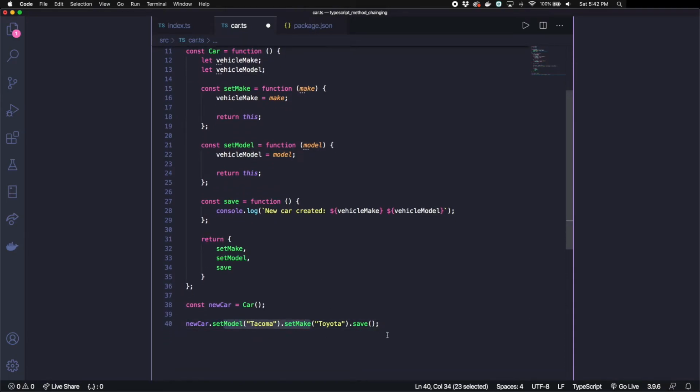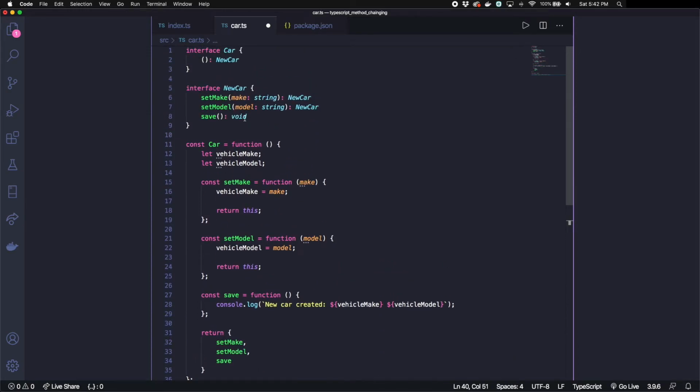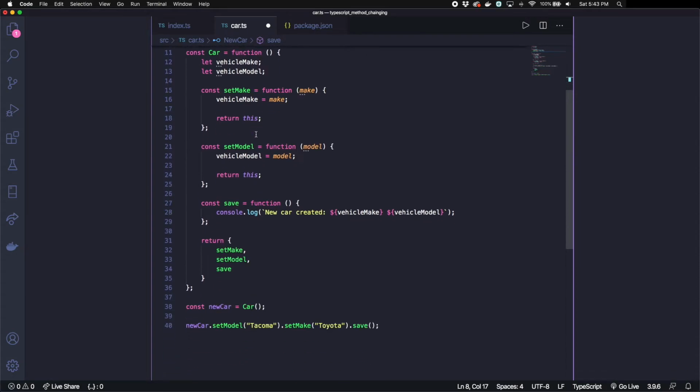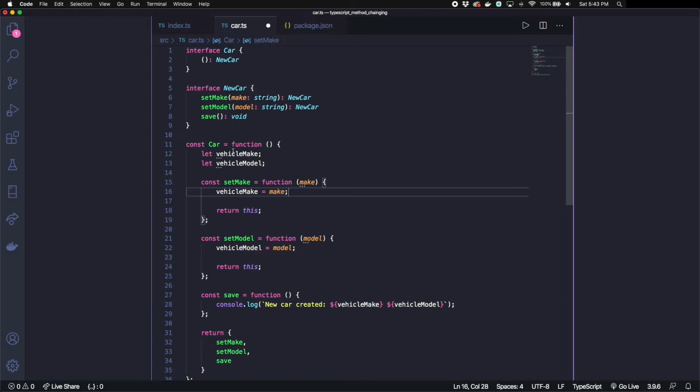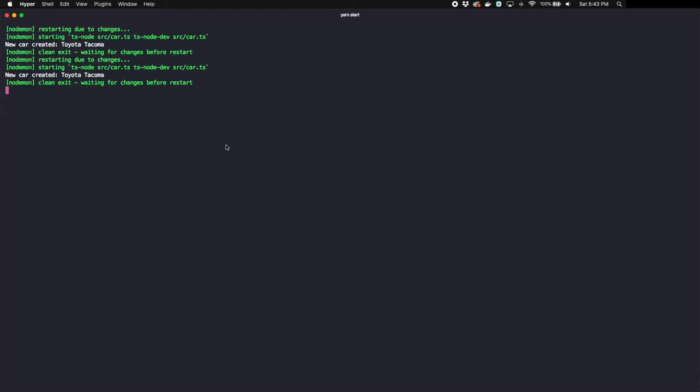That's pretty much it. You can't add set make after this, because once this is put, you're going to take all that data from the object instance, and you're going to do something with it. So there's really no point to return new car here, right? It's kind of a way for you to make sure that it's used appropriately. So with that said, we can save this, right? And well, before we save it and we actually check it here,